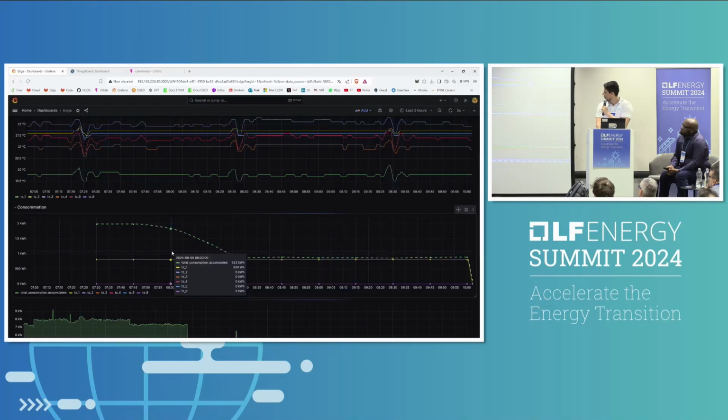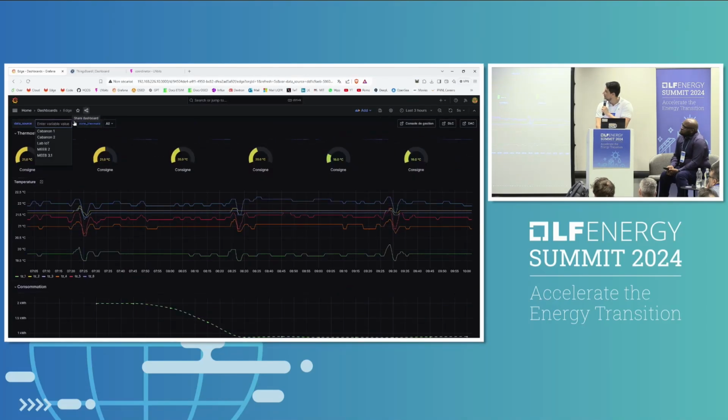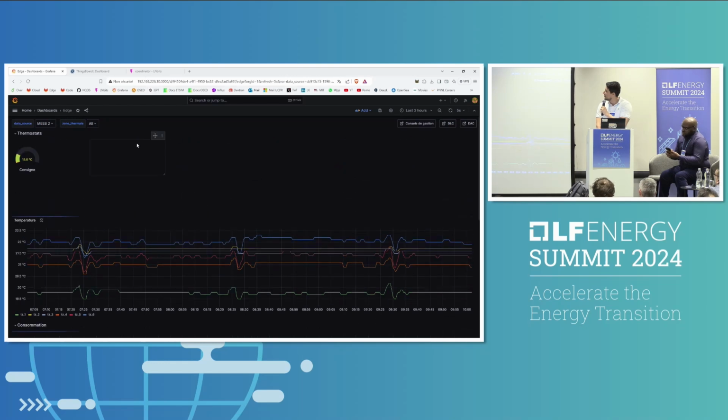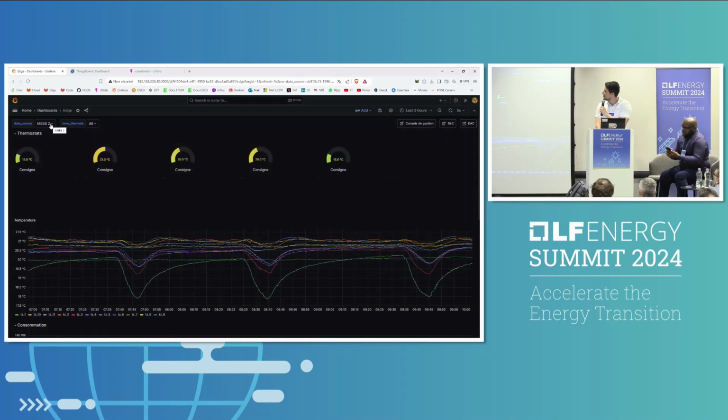Let's check this one, because if we don't have a good internet connection, I will not be able to test. Okay, I think it's kind of working. So this is the measurement that is already live on the buildings.